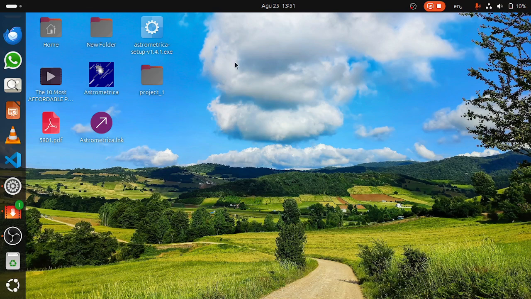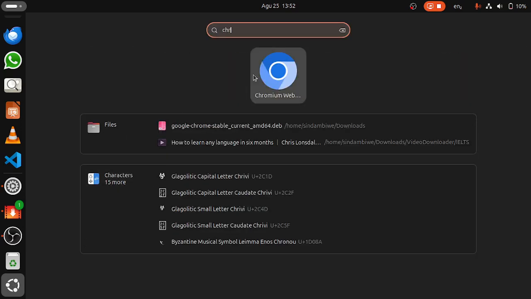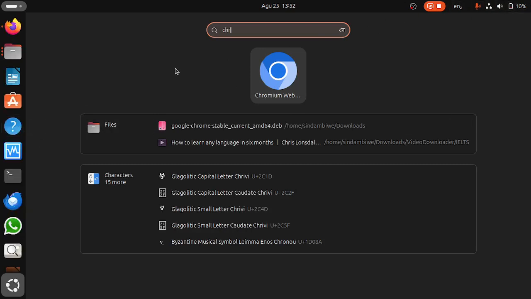So in order to do this, you need to have Visual Studio Code, right? It's much better. And you need to have also Google Chrome. Because I'm using Ubuntu, I will be using Chromium. So allow me to go